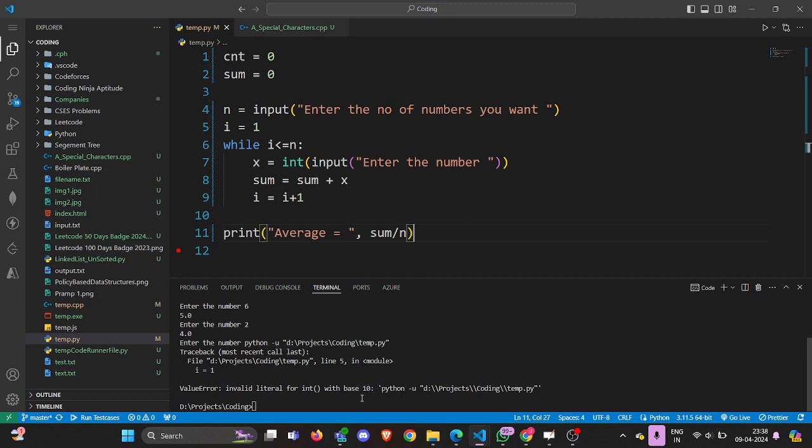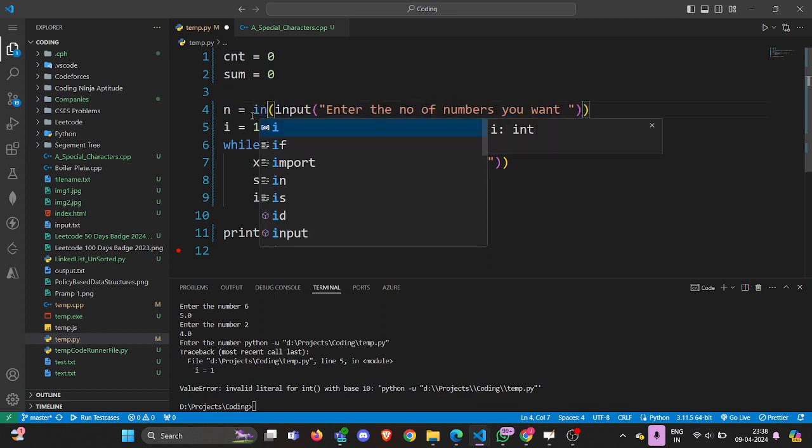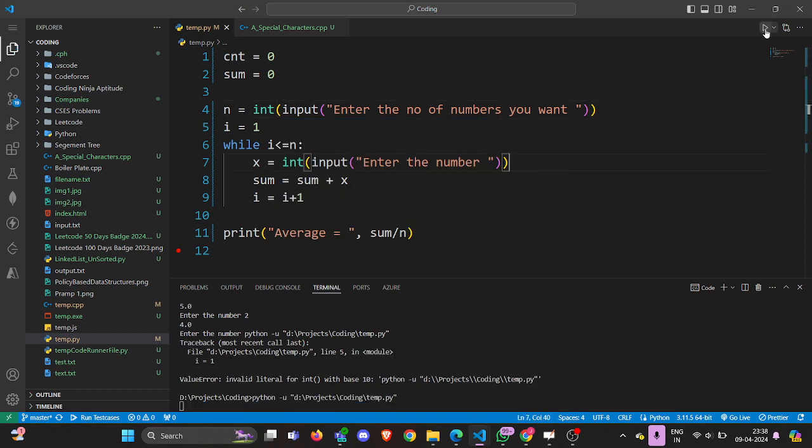Say you are in literal for int. Okay, sorry. Enter the number. So this is this input. It has to be an int. Yeah, it has to be a number, right? So you wrap this inside of an int. Let's say it's an integer. If you run it,